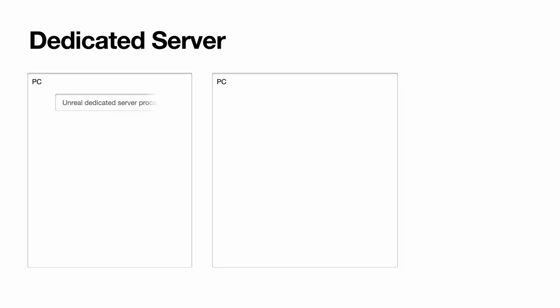Now, let's see how Unreal Dedicated Server works. In source code version Unreal Engine, we can add a server target in the CPP project source folder to enable the Unreal Dedicated Server feature. Then, we can build a dedicated server package using the project launcher inside of our Unreal editor. After that, we can run the server executable in the dedicated server package to start a dedicated server process on a PC. To communicate with your game client, the dedicated server process will open a port on the PC.